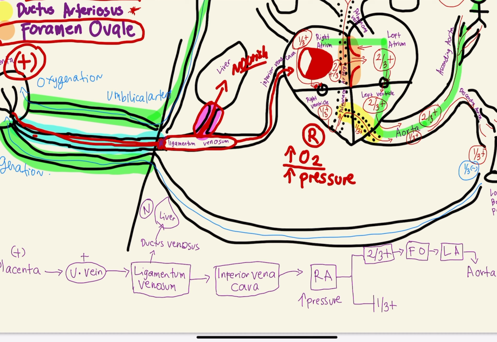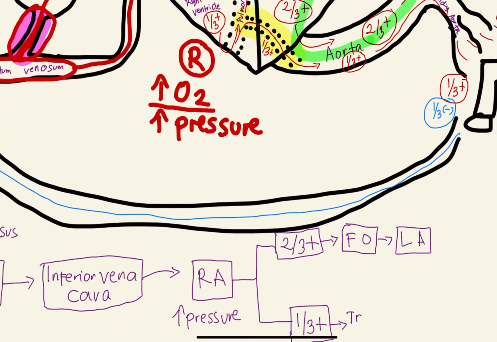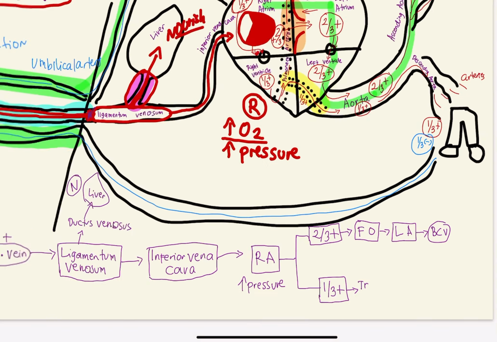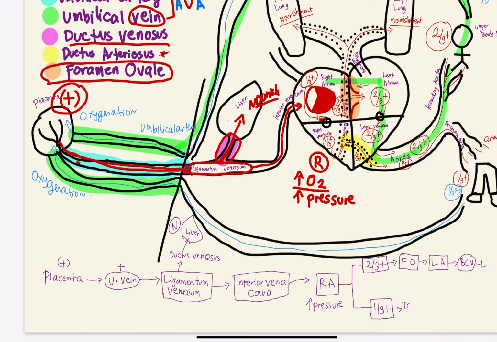Papunta naman po tayo sa 1/3 oxygenated blood. The 1/3 oxygenated blood will pass the tricuspid valve. Okay? From the left atrium, dadaan po muna pala siya sa, ibahin natin ha. Ibahin po natin. Mayroon akong nakalimutan. From the left atrium, pupunta muna siya sa bicuspid valve. Okay? And then going to the left ventricle, papunta sa aorta to be distributed to the different parts of the